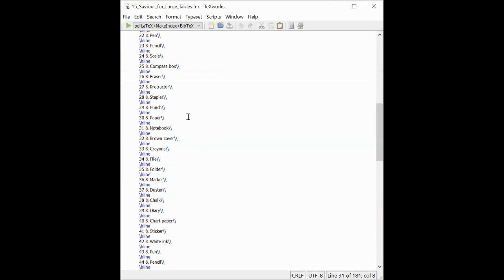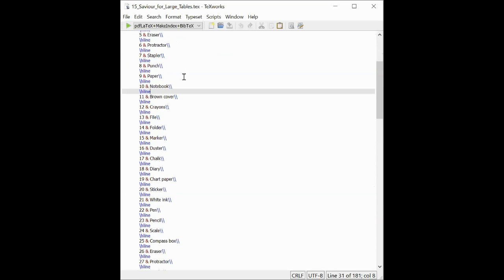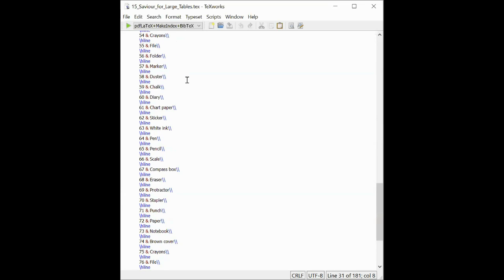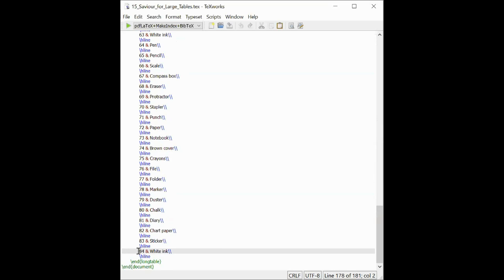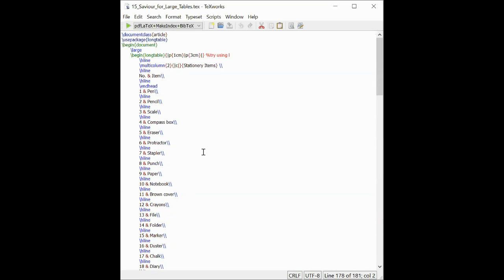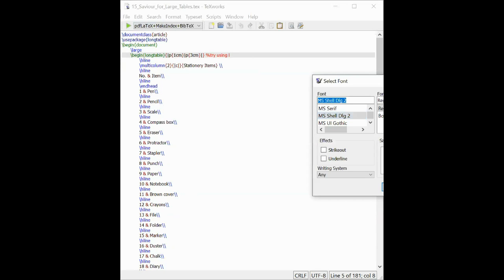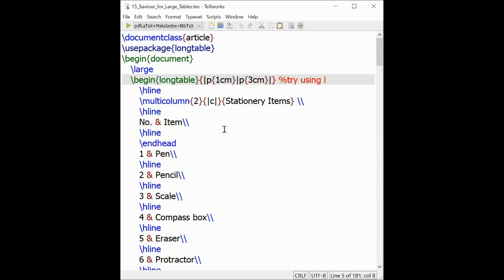Okay, see this document. This document has a long table. You can see there are 84 rows. So 84 rows means this will go for about 2 pages. If you put the normal table environment, LaTeX will not break your table on the first page and continue it onto the second page.